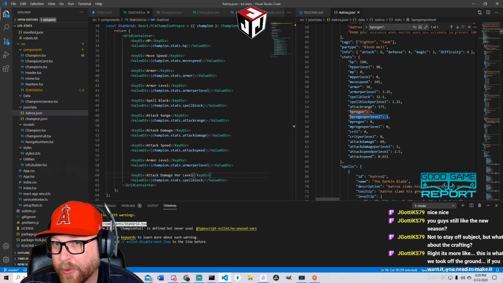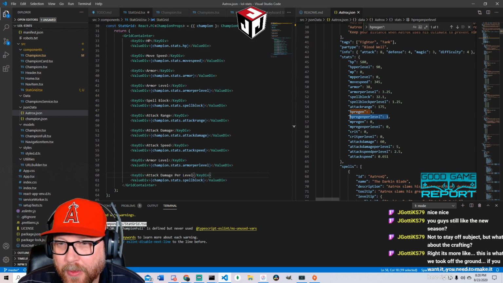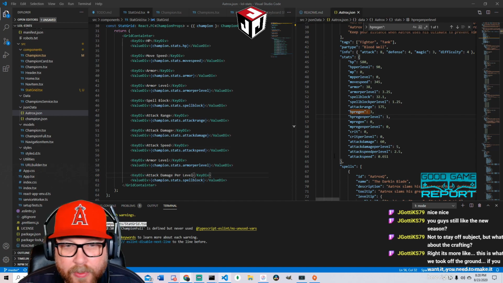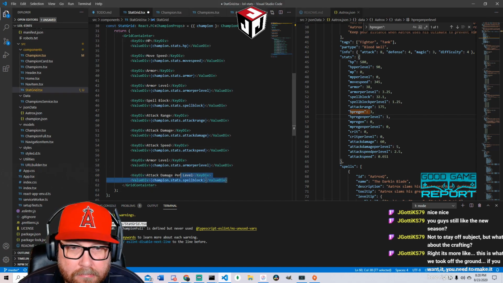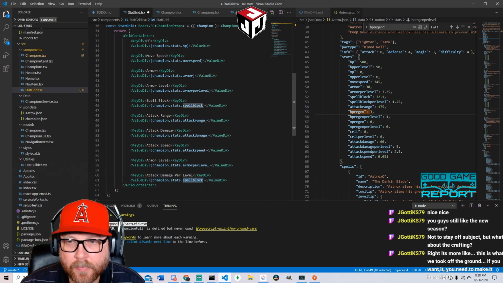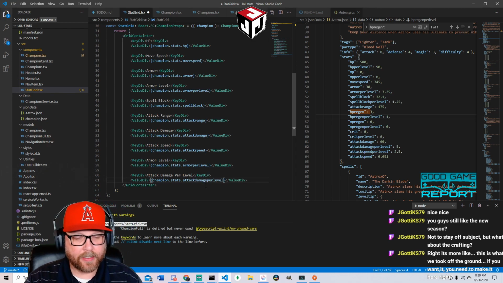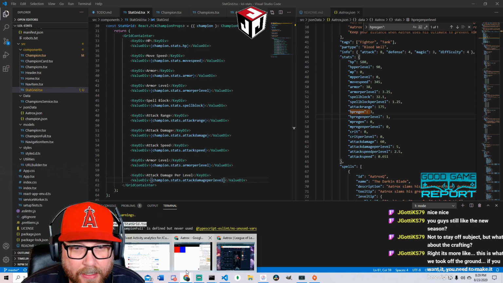HP regen per level? Oh, maybe this is it. So every time you level up, you get more regen. Okay, so I think that's what it is.